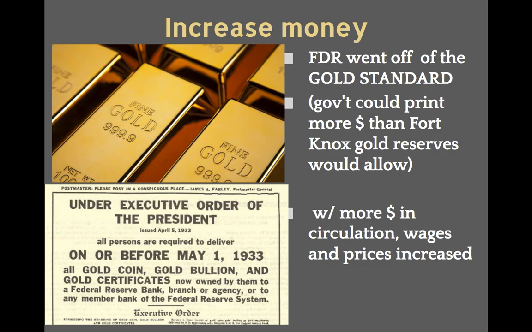Okay, so in the first set of notes that we talked about with FDR, we know that he believed in this idea of deficit spending. You had to spend money to make money. One way FDR was going to do this is he's going to take the country off the gold standard. Now remember, the idea of the gold standard is something that we talked about all the way back in Unit 1. The idea that we could only print as much money as we had physically backed up by gold.